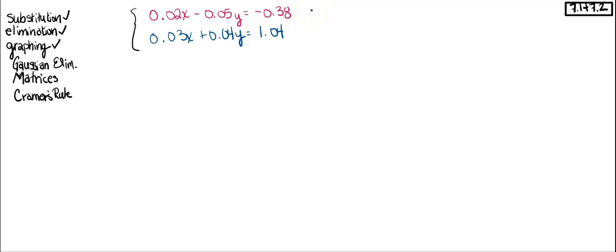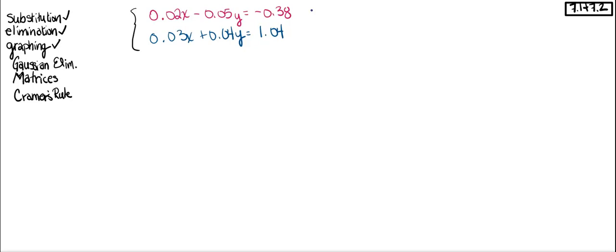Before I let you go, we're going to look at another example, and then we're going to talk about application. So bear with me for a little while longer. So what if you see a problem like this? You're like, ugh, decimals, I don't want to deal with a bunch of decimals or fractions. You can get rid of those decimals or fractions by multiplying each equation by a common denominator to eliminate the fractions, or in this case, because we've got decimals and everything is 2 decimal places over,